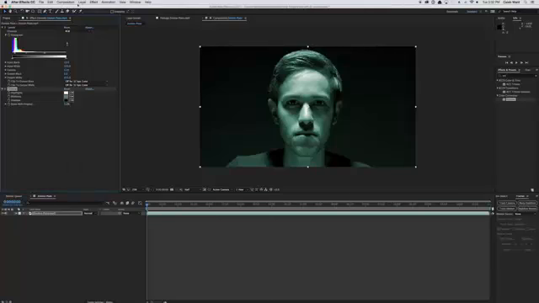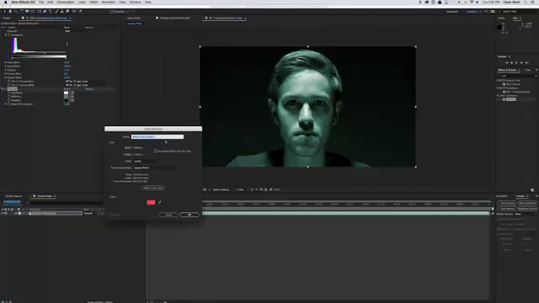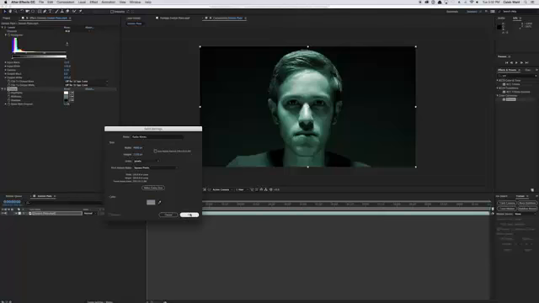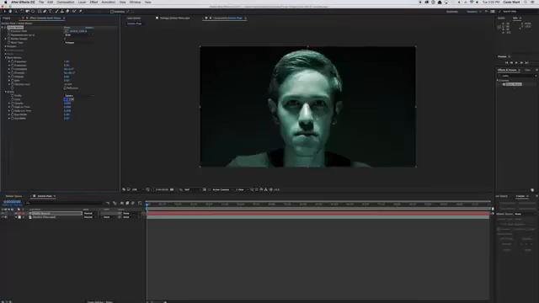So let's go ahead and create a new solid. So go to Layer, New Solid, and we'll call this Radio Waves. And we'll make this comp size, and we'll change the color to gray, and hit OK. So go ahead and go to the Effects and Presets browser and type in Radio Waves and drop it onto the solid. And we'll make sure our producer point is right there in the middle of this handsome guy's face